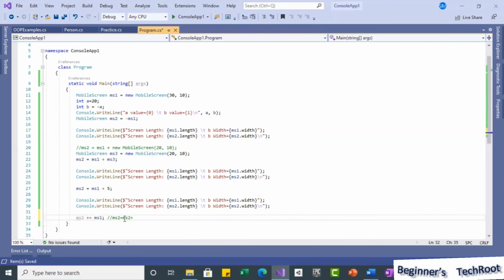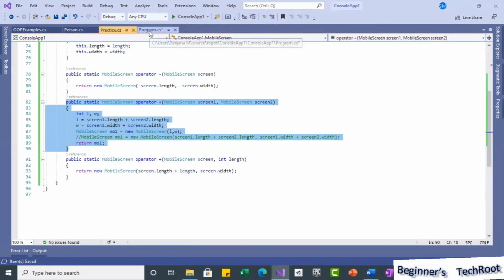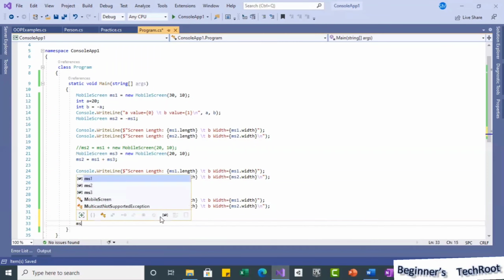So which operator overload will be called here? Because if you see, both are of the same type, the same mobile screen type, so automatically it will call this overloaded operator method. Suppose I use ms2 plus equal to 5.